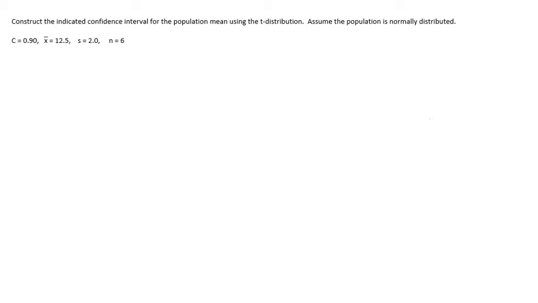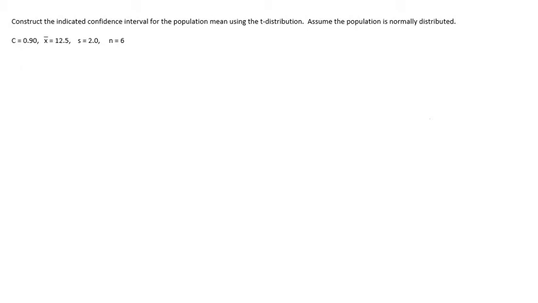In this section, we're going to be using the t-distribution to construct our confidence intervals. The t-distribution looks very similar to a normal distribution, however there are some small differences. You can also look on page 310 of your textbook for a definition and an outline of what the t-distribution